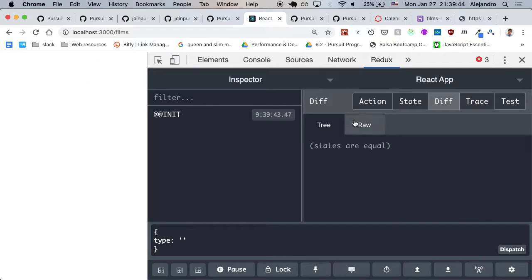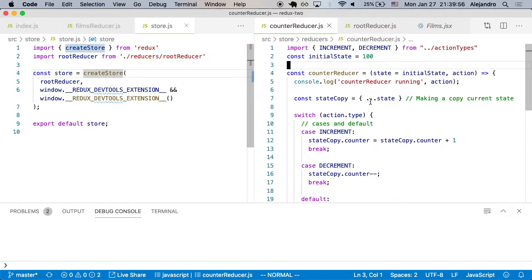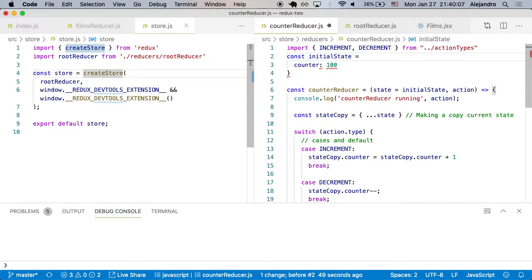If we go to the developer tools, we look at the state again, we see it raw. Oh, we get counter 0. Yeah, so then that will force us to do this. Yeah, I guess we're going to need to go with that counter, just because I don't want to change everything else. Because in making the copy of the state, that will be an example where, since the state is a primitive, a string, a number, a boolean, we wouldn't need to make a copy in this sense. We can just say a new variable with the new value. Okay, so